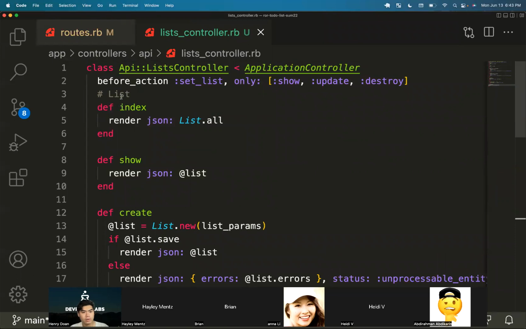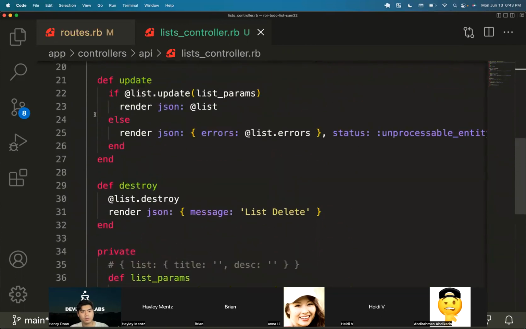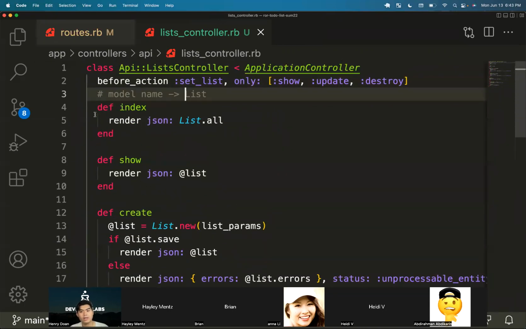Okay, so now let me just do model name. We have our controller already filled out. We don't know if there are any errors or if it's working quite yet. We would test it out later on when we are doing our front end, which is going to be our next step. But before that, I actually want to go into a little bit newer content to pre-populate our data